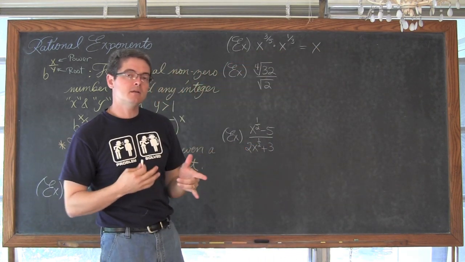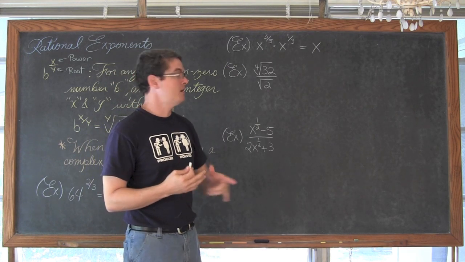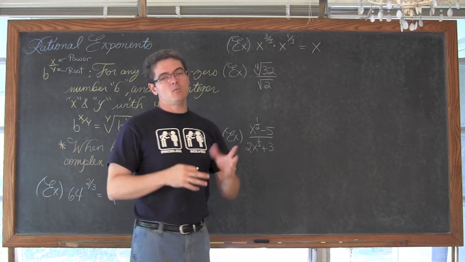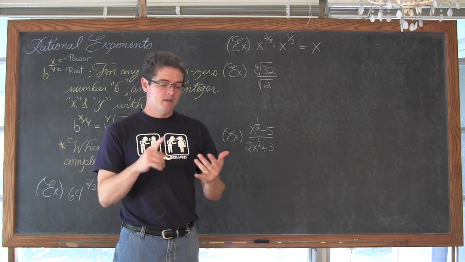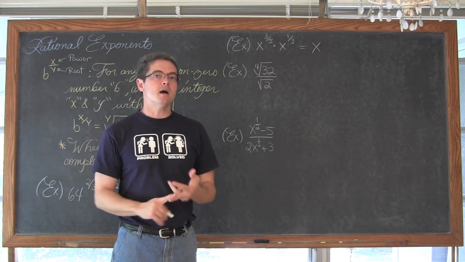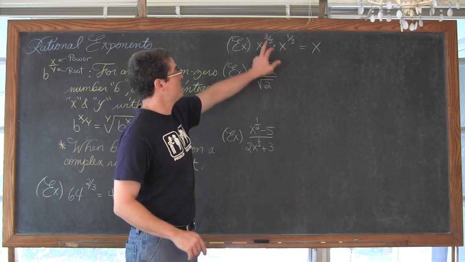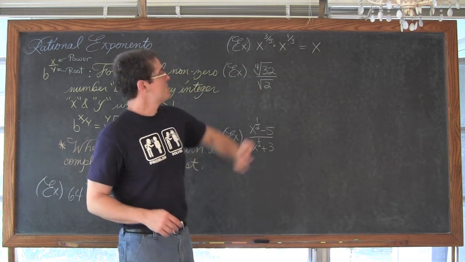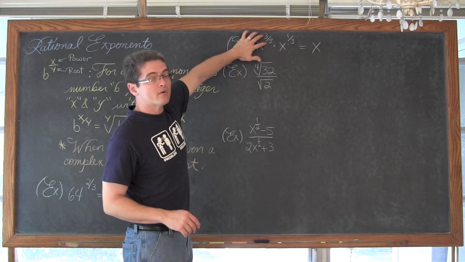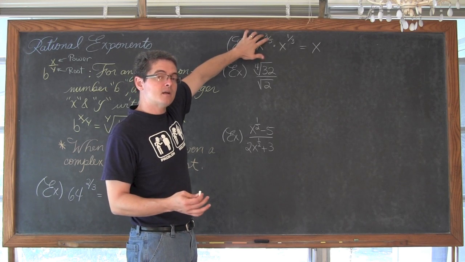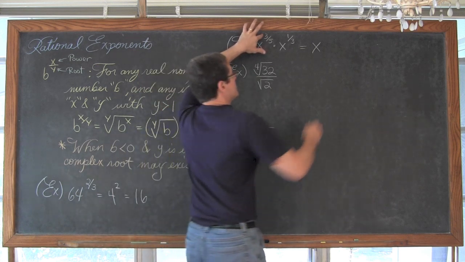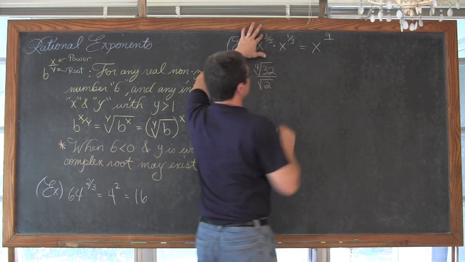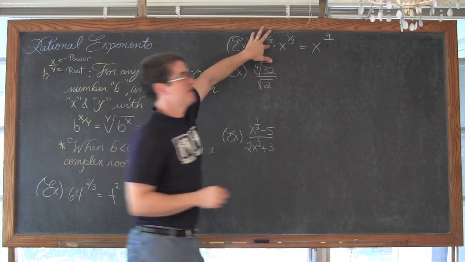Now, what common denominator do we have between 5 and 3? What is the lowest common multiple between 5 and 3? Well, that's going to be 15. 3, 6, 9, 12, 15. Oh, okay, 5 goes into 15. So we're going to multiply the numerator and denominator here by 3 to get that denominator to be 15. So 3 times 3 is equal to 9, so we have x to the 9 power over 5 times 3, which is 15.